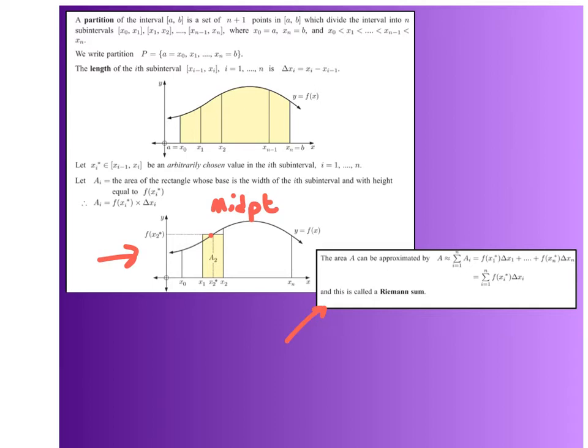So what's done is take the base times the height, which is just a y value. You take a height and a base and you multiply them together, and you basically break up this interval into n subintervals,